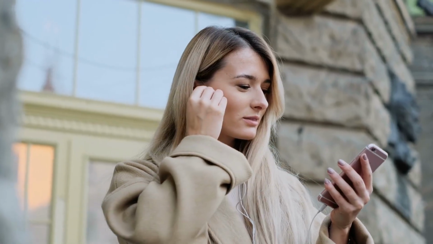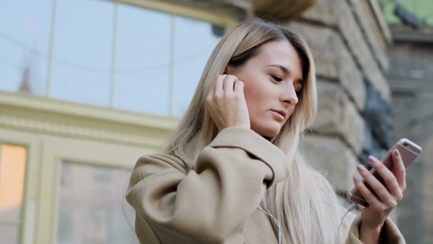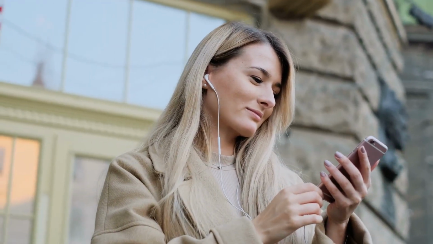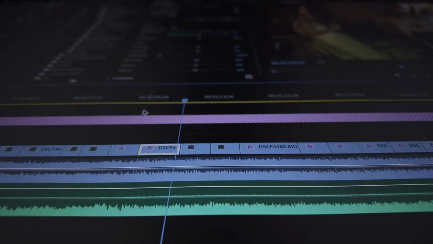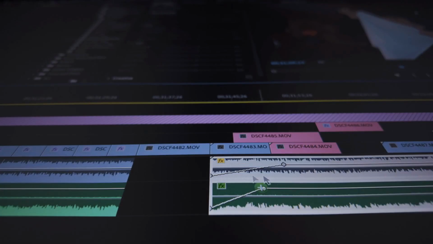Fifth is music and trend suggestions. Instead of fumbling through massive unorganized music libraries, Vizard recommends trending audio that matches the energy and platform style. You can audition one-click audio swaps and preview clips with different tracks, which is absolutely perfect for dialing in that